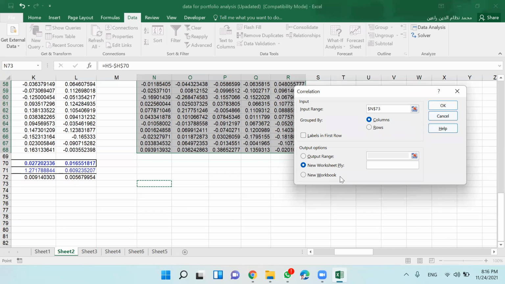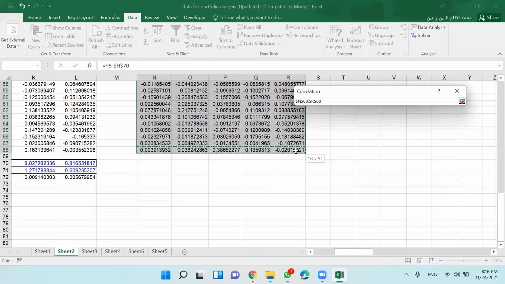And then no need for anything else, just press. Let me check if there is anything we need, output range here. No, this is not output range. Sorry, this is the input matrix.